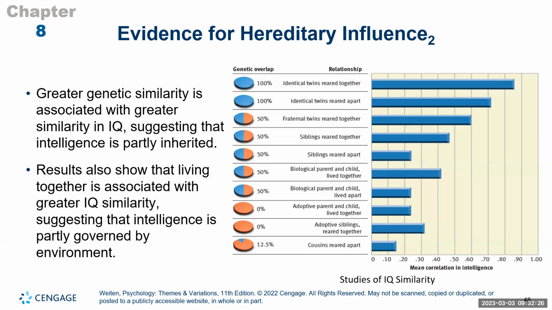So we talk about fraternal twins. Fraternal twins have 50% of their genetic material the same, right? And so you see a reduction in the relationship, okay? You see a reduction in the correlation. So the IQs begin to become less and less the same, okay? So again, with fewer and fewer genetic similarities, you begin to see a reduction in the similarity in IQ.